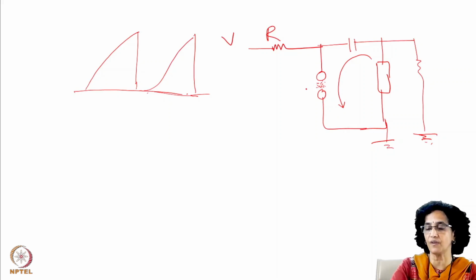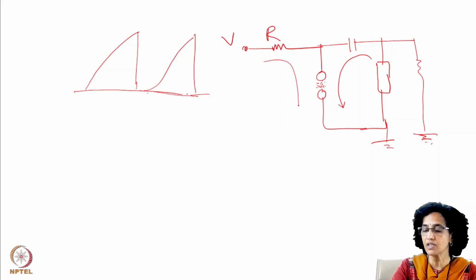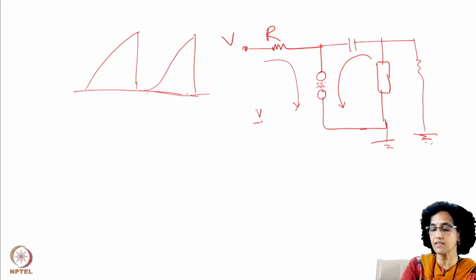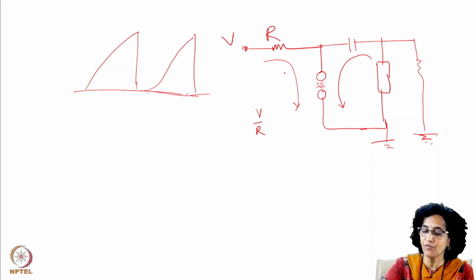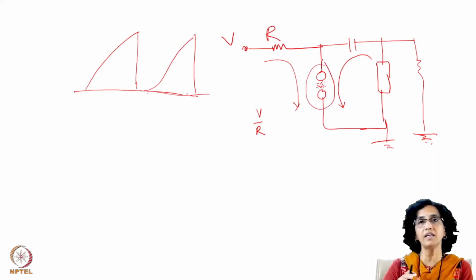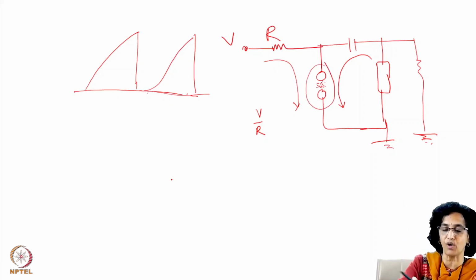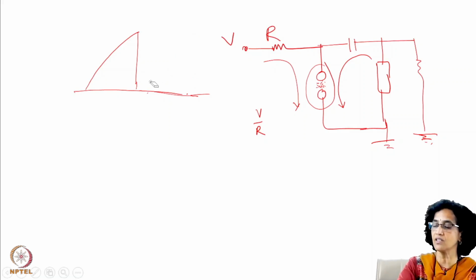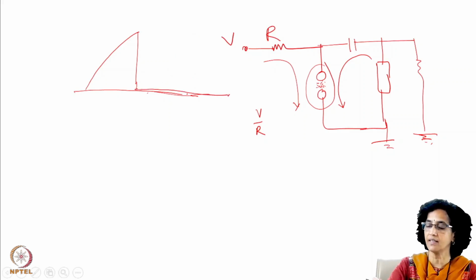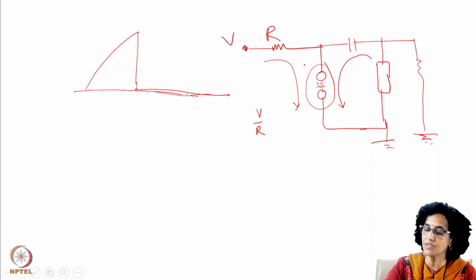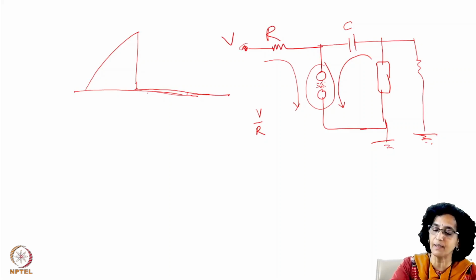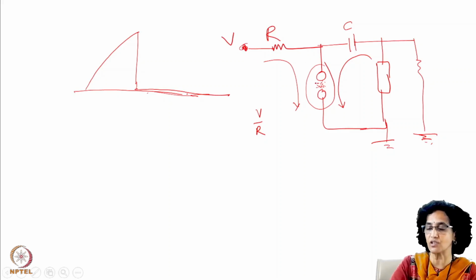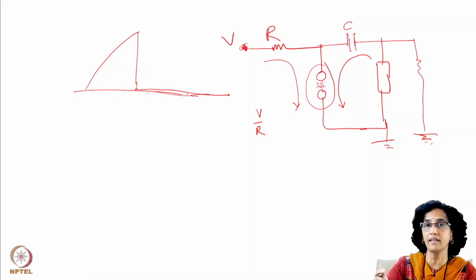If it does not go into the off state, then this power supply can send a current through it. What is the value of this current? This is the charging current, which is V by R. When this flows through the conducting switch, it can never go into the off state. If it doesn't go into the off state, will the condenser get charged again? No, it will remain uncharged, because the power supply is not able to send current for charging the condenser. The current sent by the power supply is flowing through the shorted switch. So the switch has to recover before the condenser can get charged again.